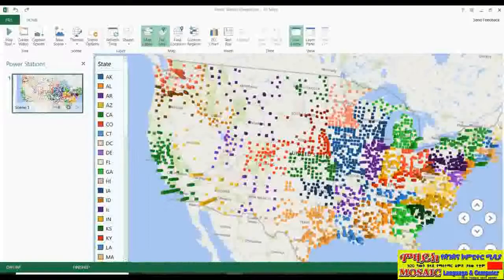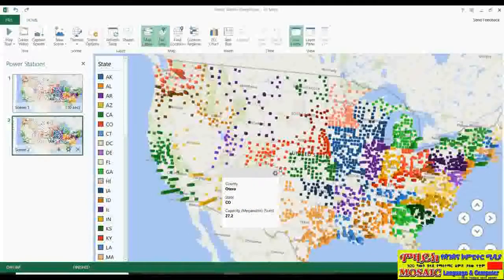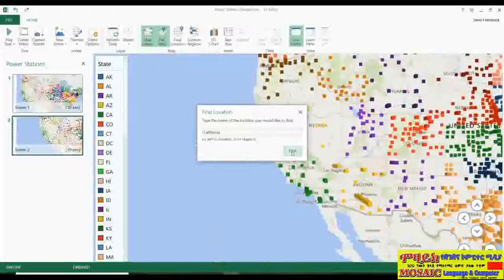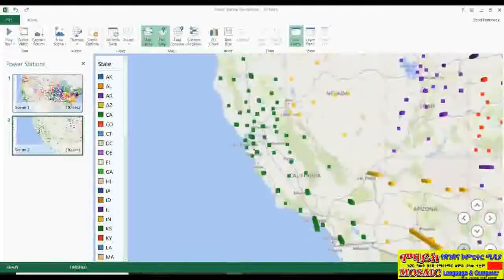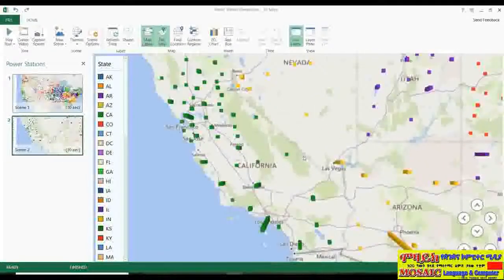Now what I'm going to do is add a new scene to this tour by clicking on New Scene, making sure I have Scene 2 selected, and this time in this scene I'm going to zoom in on a particular area. So I'm going to zoom in on California. So I'm going to say Find Location, California, and I'm going to zoom this one in just on the state of California,